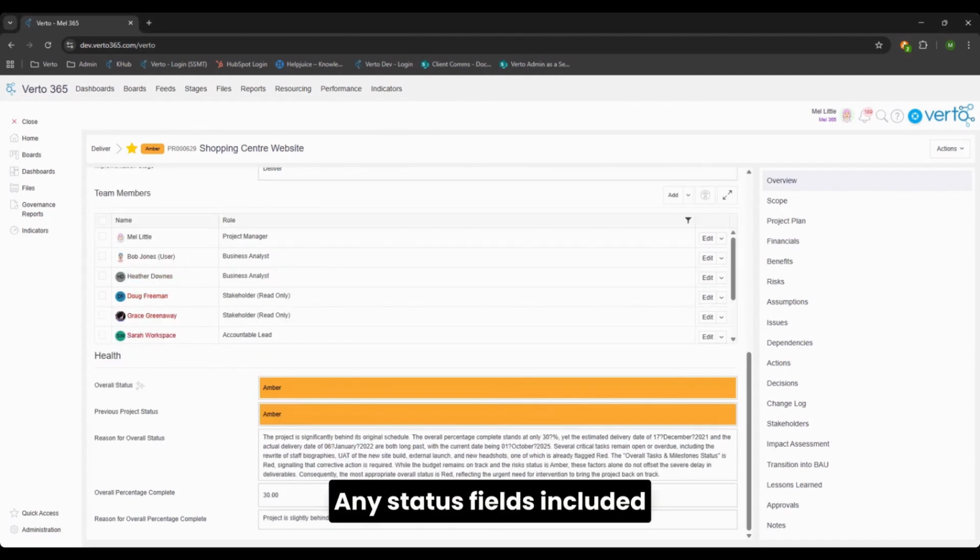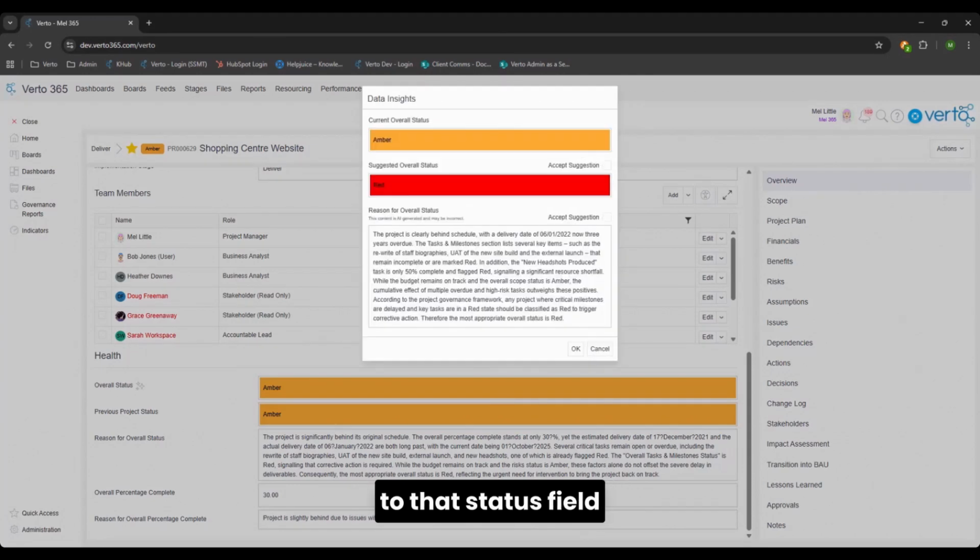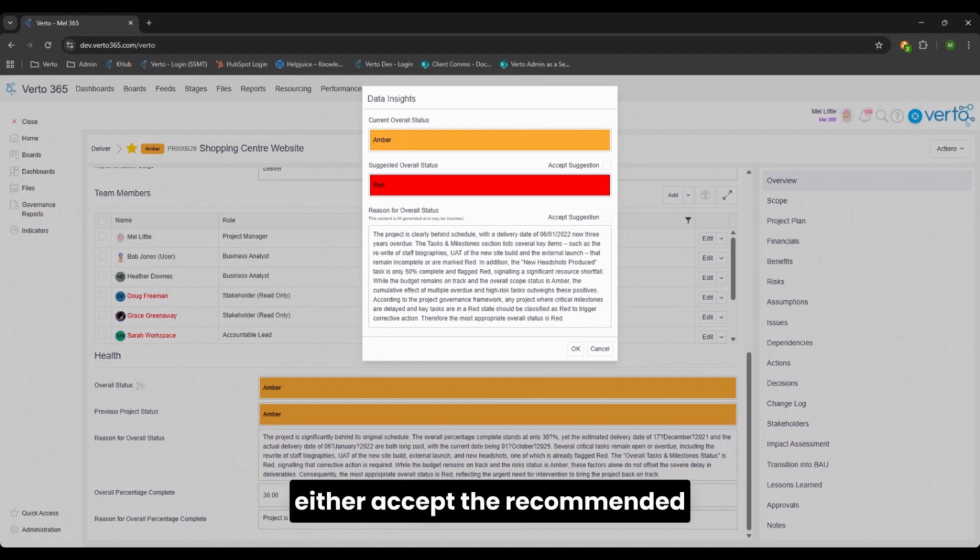Any status fields included in the Data Insights process will have the Verto Intelligence icon next to it. When this icon is clicked, the tool will analyse key fields in relation to that status field and make a recommendation. It will also pull in specific information from the fields it's analysed to provide a supporting explanation for the recommended RAG status. At this point, you can either accept the recommended RAG status and explanation by ticking the top